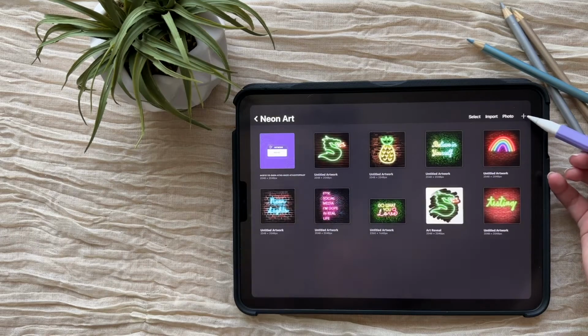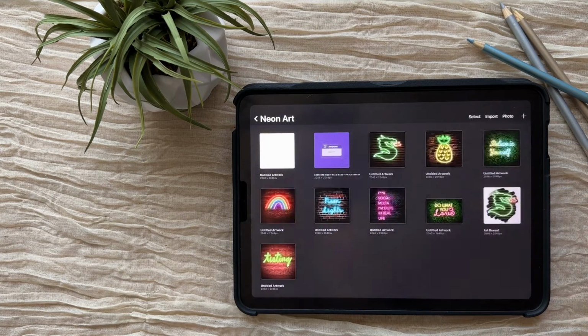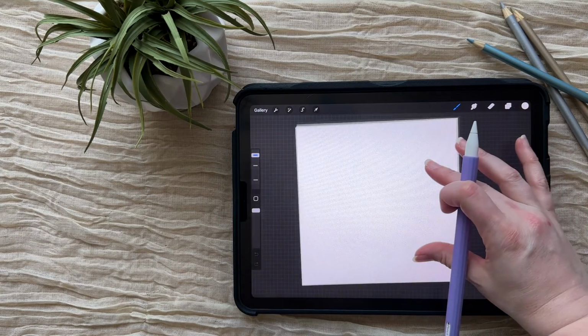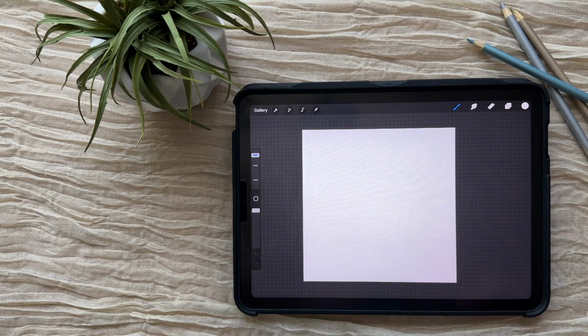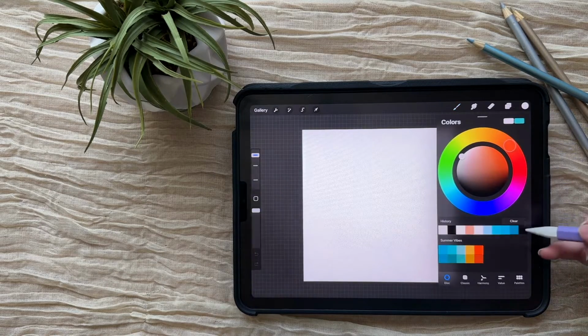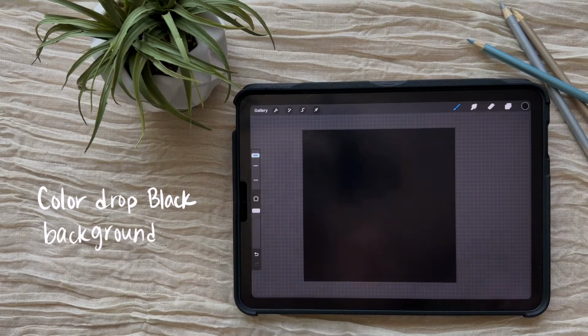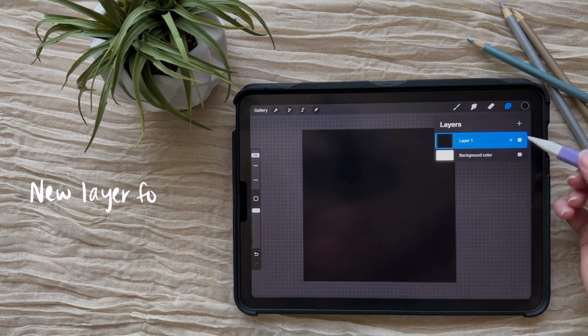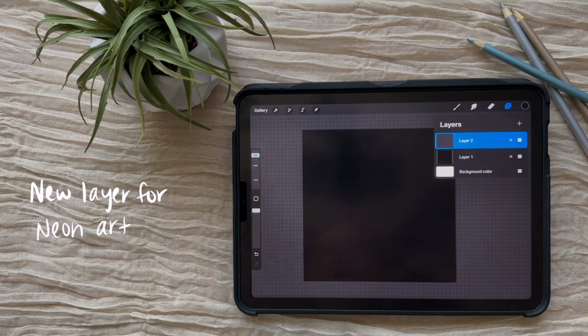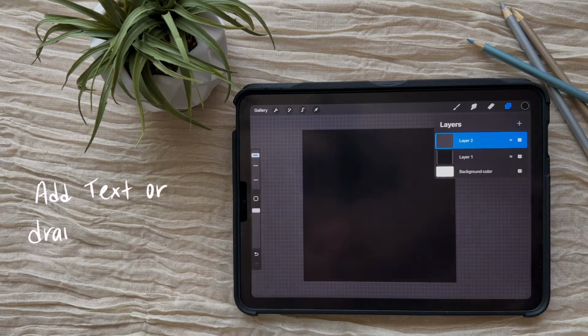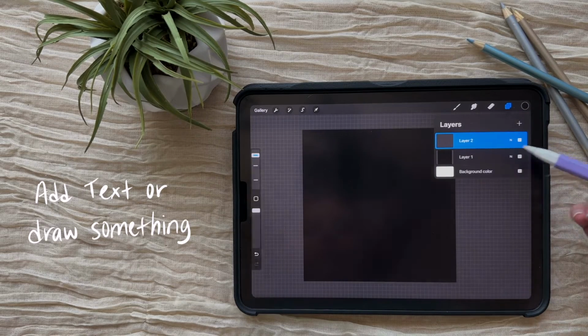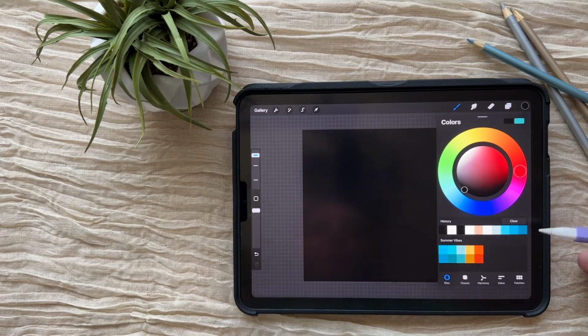Let's go ahead and create a new canvas. I'm just going to go ahead and use a square for now. We are going to put a digital wall on this, but for now we're just going to start with a black background. Let's go ahead and color drop that on there. And then we are going to add a new layer for our neon art. You can either do text or you can draw something. It's up to you. Just want to make sure that you're going to use a bright color,